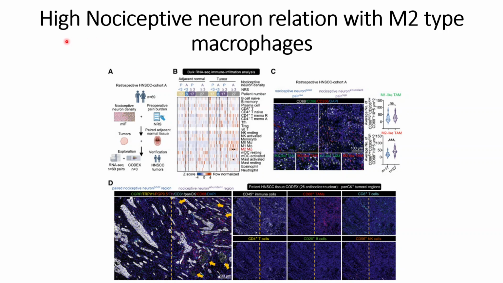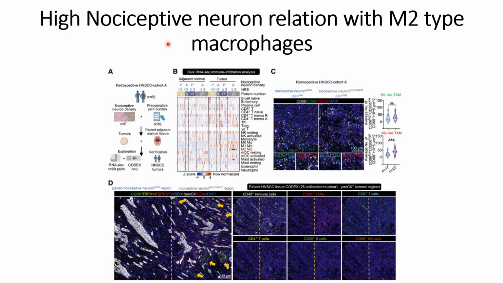In this video, we will discuss the high nociceptive neuron relation with M2 type macrophages. In the previous video, we have understood the graphical abstract which shows that they have found out the inter-organ interactions of these cancer cells to create this tumor suppressive microenvironment. So, for that, what they have found out is that the nociceptive neuron plays a role towards the M2